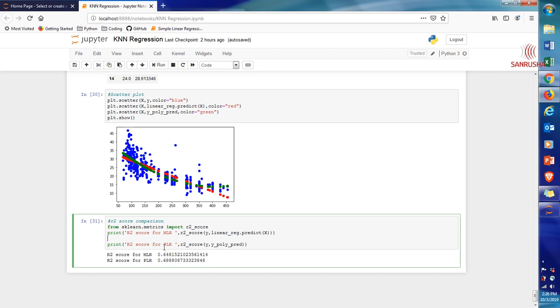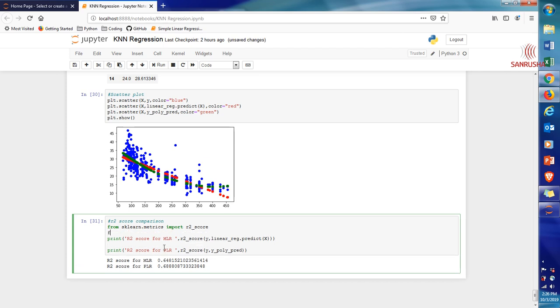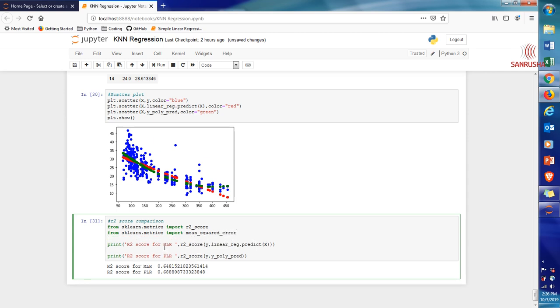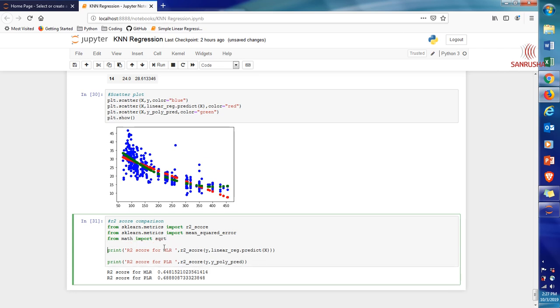First we are going to import from sklearn.metrics import mean_squared_error, and we will also need from math import sqrt. Very good.